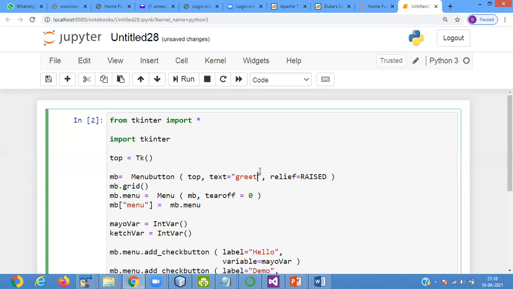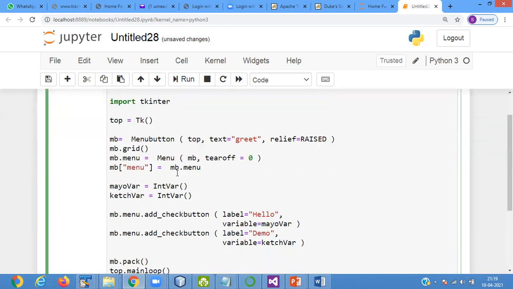It select the three-dimensional border and shading effect. It create the three-dimensional border and shading effect. So it create a border of the menu button.